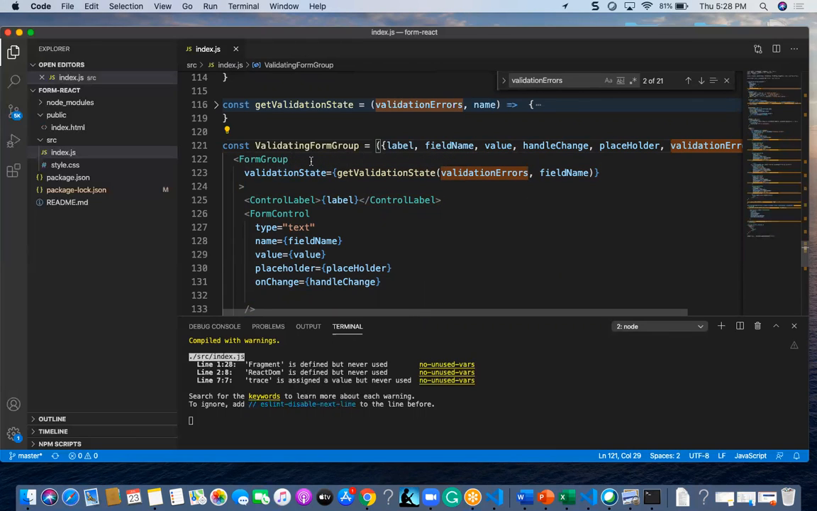So it is accepting label, field name, value, handle change, placeholder, and validation errors. So in this validation form group, I am going to get all these fields. It should get all these properties, just like how you pass values to the parameters of a function. Here also I am going to pass this label, field name, value, handle change, placeholder, and validation errors to the